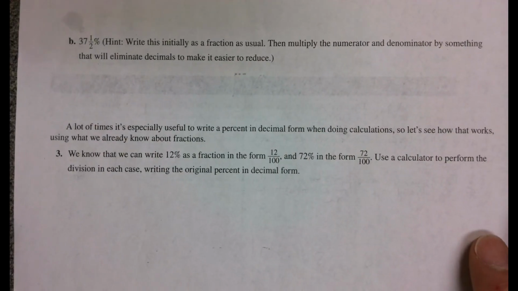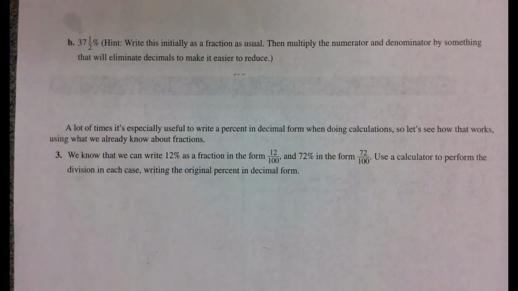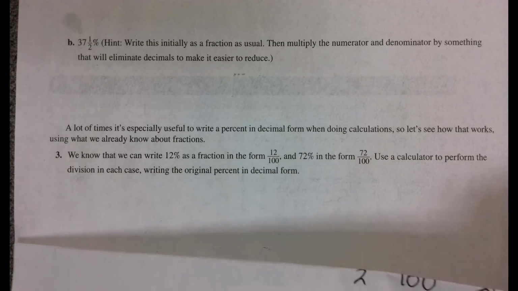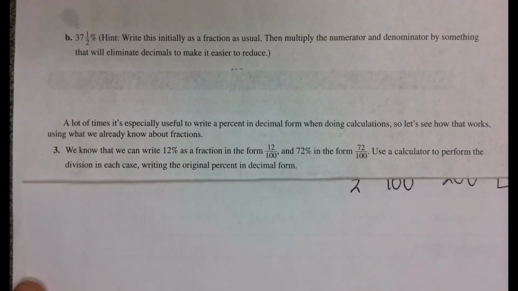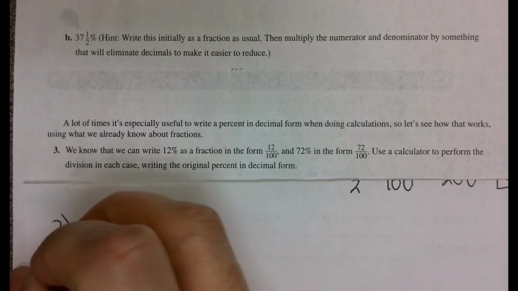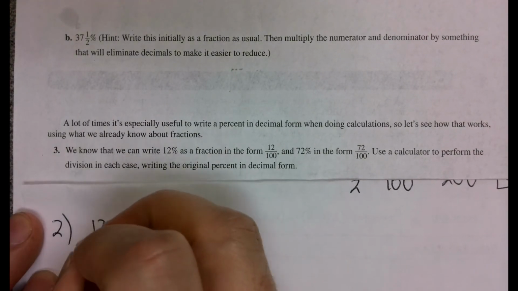Picking up where we left off, we are now going to go from a percent to a decimal. Our author tells us to type these in a calculator. I already showed you that, right? We typed in the 12 over 100 and we got our nice decimal. You may have noticed that when we did that,